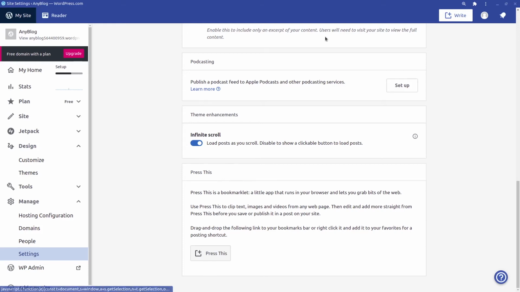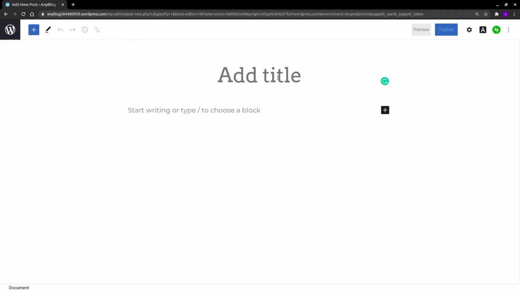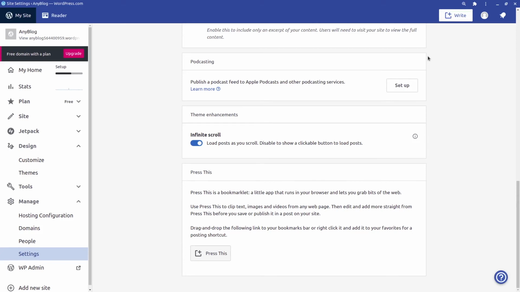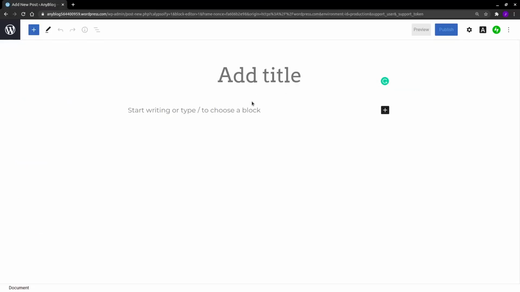So the press this one is a bookmark where you can drag this and drop on your bookmark bar, and when you press on this bookmark, when it is on your bookmark bar, then you will be brought to this page. So this is actually the create post page, this one, like post, and you can just post something without needing to open your WordPress first and then click on the right button. So it simplifies the work of posting a post.